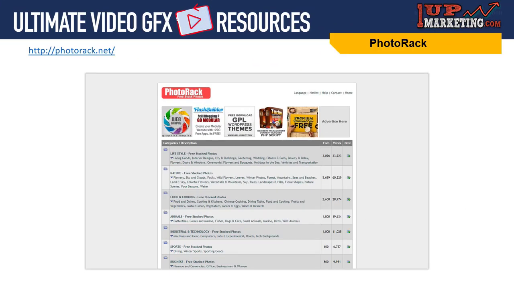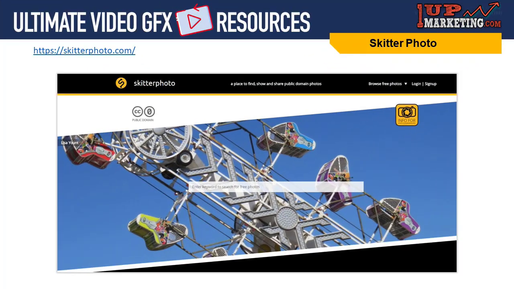Photorack.net is a great site for finding photographs that are ideal for blogs and other projects that don't need high-definition images. The photos are divided into handy categories, so you should be able to find what you're looking for fairly easily. The Skitter Photo website is another great site for finding public domain Creative Commons Zero images you can use